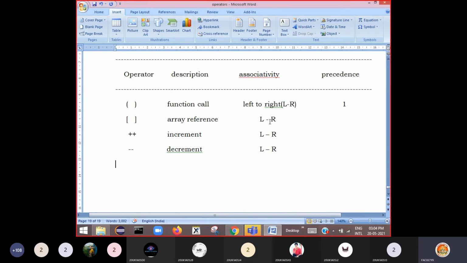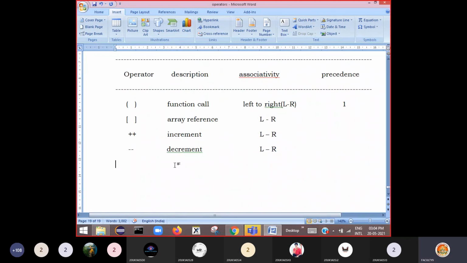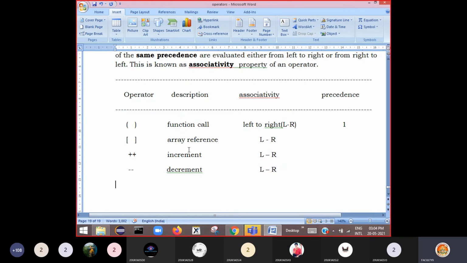I'll give you an example on this in tomorrow's class. Tomorrow, we'll take the list of all the operators with their associativity and precedence, and I'll give you some examples. Understanding associativity and precedence is very, very important.